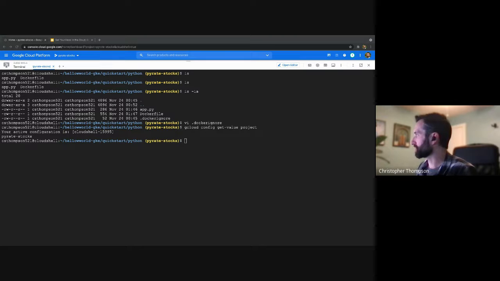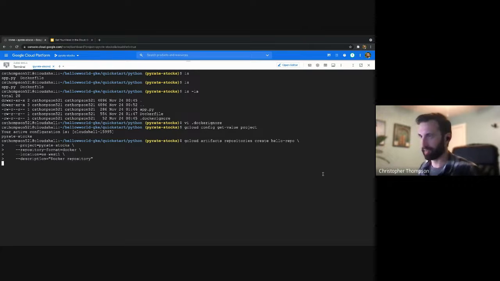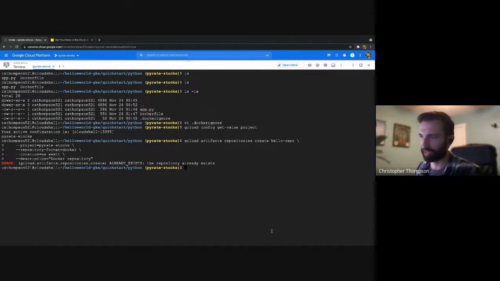So what we do is we would run this command here, right? It'll spit out an error. I created it earlier so that we wouldn't have to wait. But what it is, it is the gcloud command, which is our main command we usually use for interacting with cloud APIs. Artifacts, repositories, create. We create something called hello repo. We define our project. Here it's pirate stops. You have a repository format of Docker, right? And